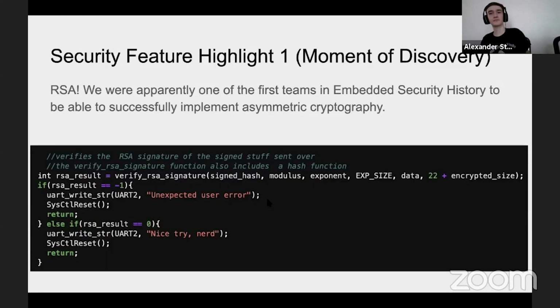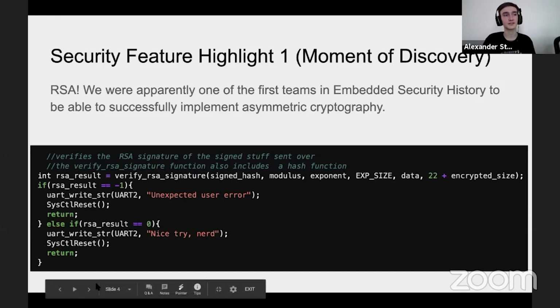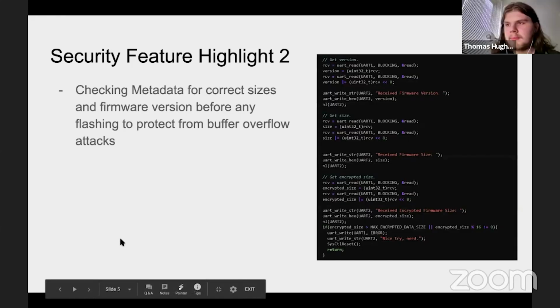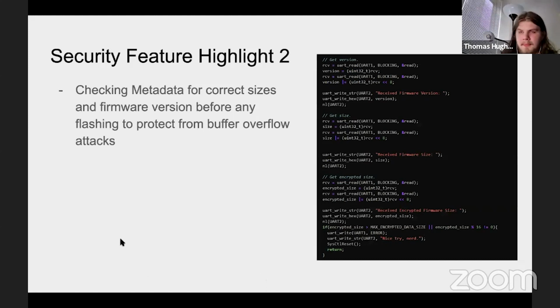Cool. So the one interesting part here is that we were one of the first teams to implement RSA in supposedly the history of this class, as far as we know. And it turned out to be a very secure way of encrypting and verifying our firmware, and it really helped us out. To prevent against the buffer overflow attacks, which would then write into stack and allow them to execute whatever code they wanted, we would